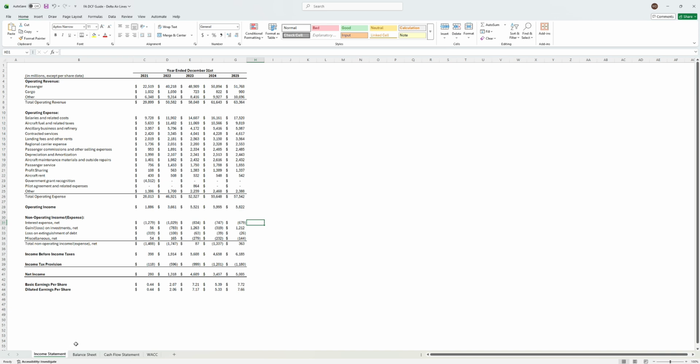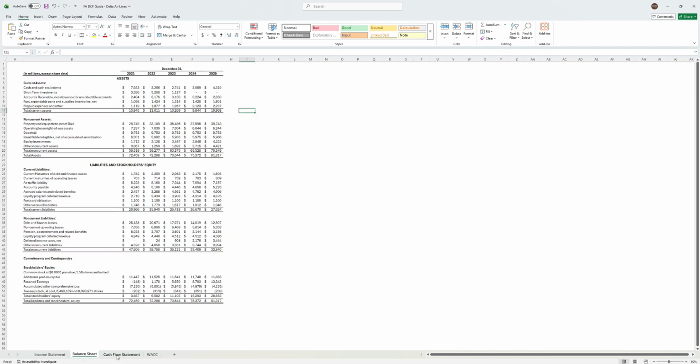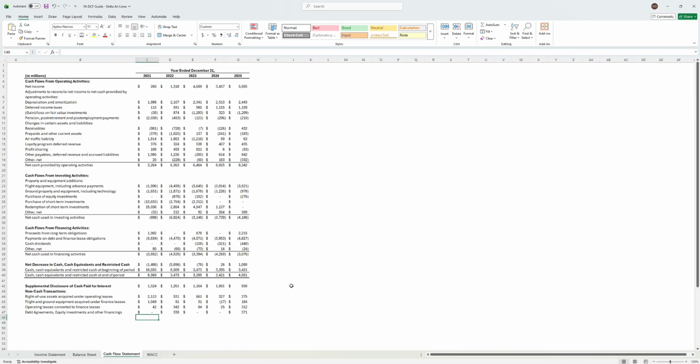So to get started, one of the first things I would say that you should do is grab the 10Ks for your company through 2021 to 2025 and put those 5 years of historical data in Excel. Get the income statement, balance sheet, and statement of cash flows all in Excel. This is going to make the overall modeling much easier and the calculations a lot easier to find. And it's good to have all of the data in one place. So I would do this before you get started with calculating anything. It's just a little bit of grunt work to start out,